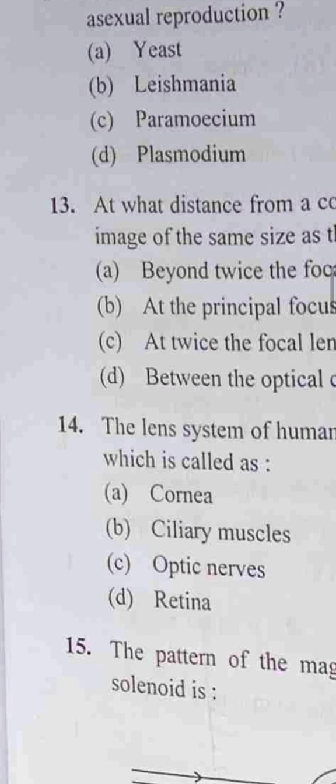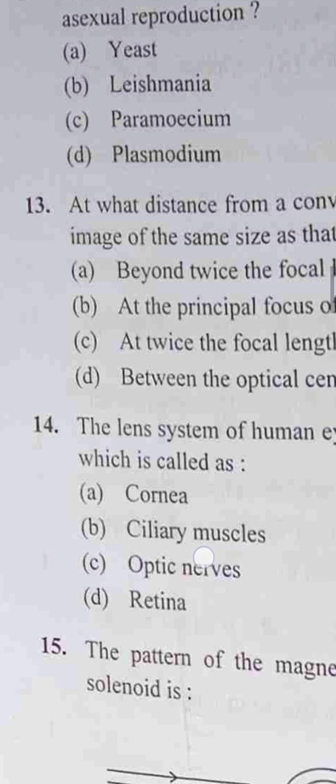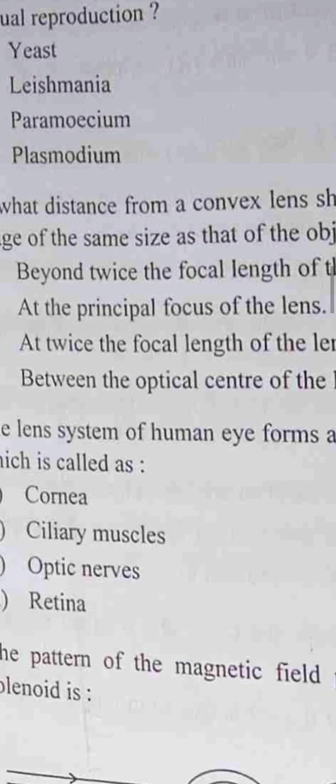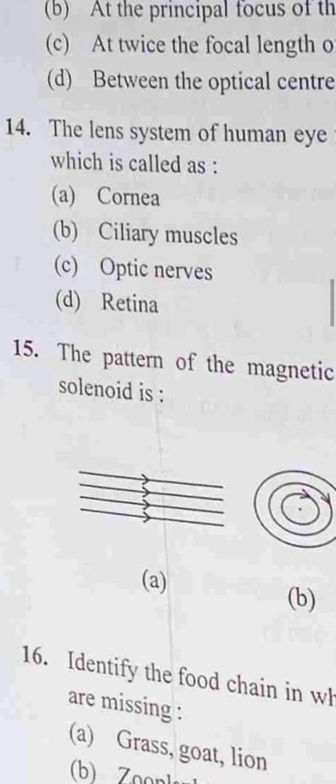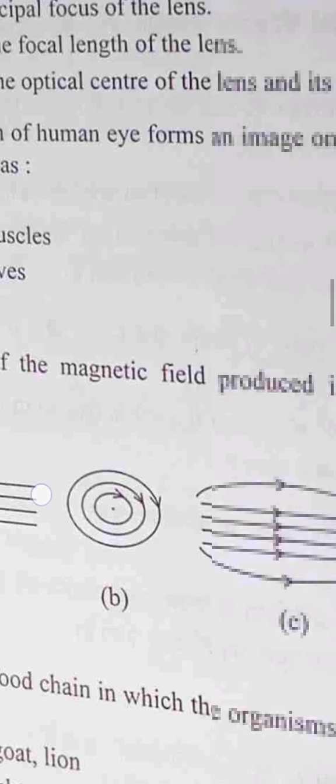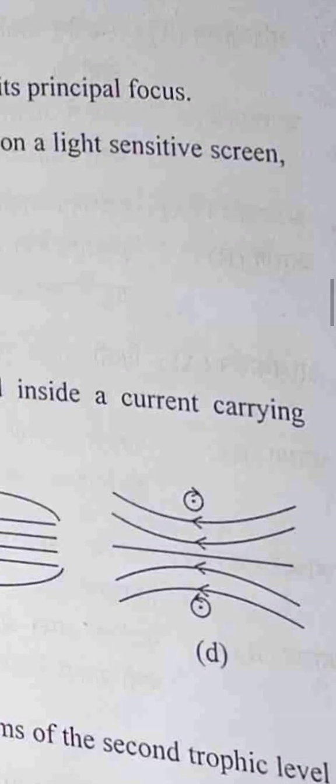Question number 14. The lens system of the human eye forms an image on a light sensitive screen. So this screen on which the image is formed in our eye is called the retina. So retina, D option, is correct. The pattern of magnetic field produced inside a current carrying